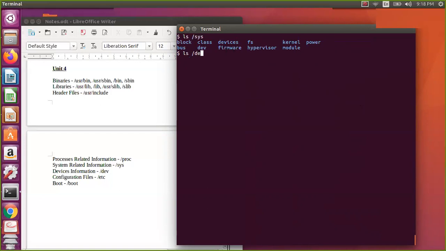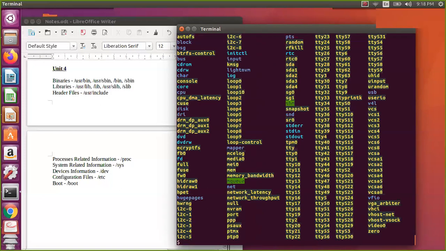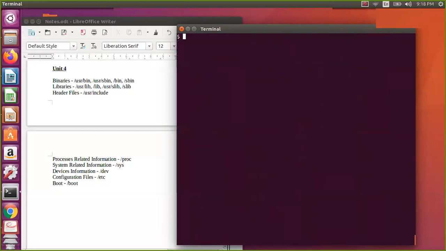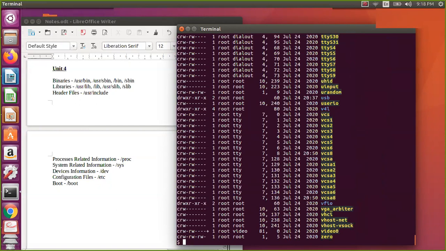Now let us see slash dev. These are the device files. Let us say ls -l /dev. If you see here, some entries start with c. If it starts with c, it is a character special file.